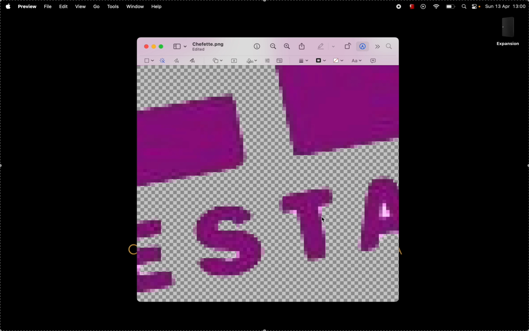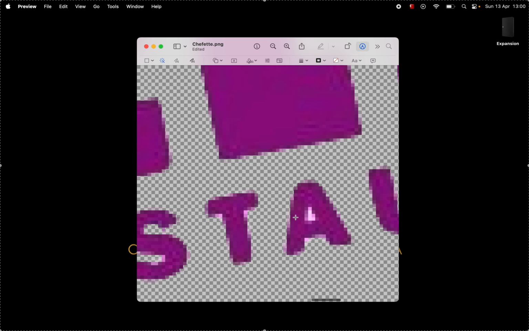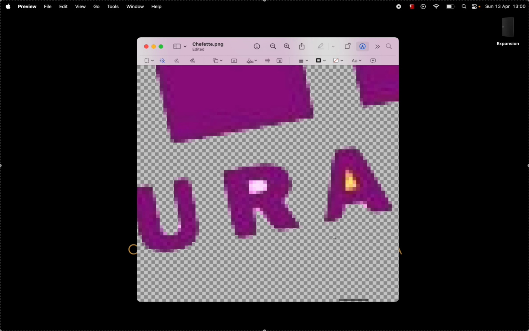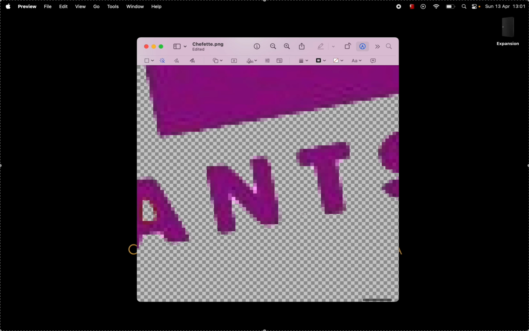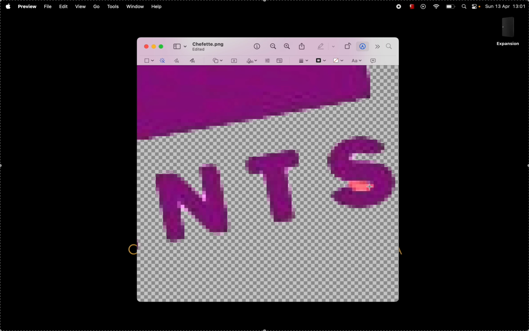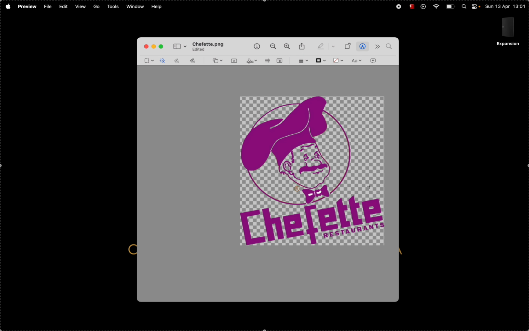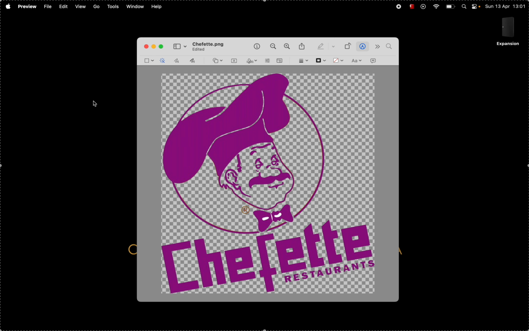Key tip: if you accidentally remove too much, just hit Command Z and try again with a smaller selection. This is why zooming is ideal. Once done, I'll then zoom out and make sure everything I wanted is removed, and then go to the top